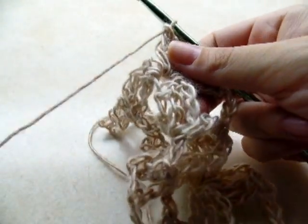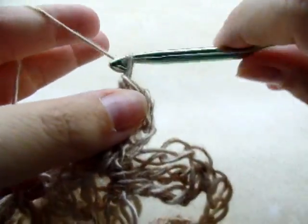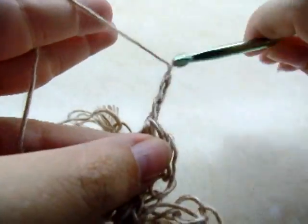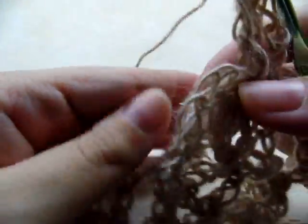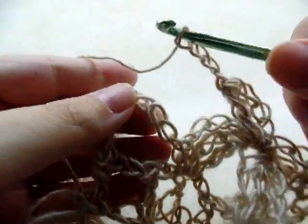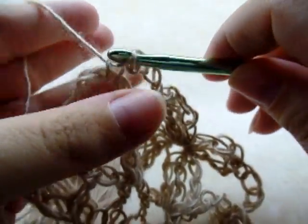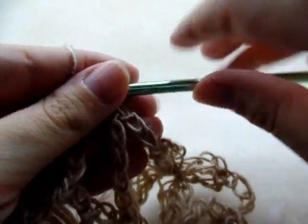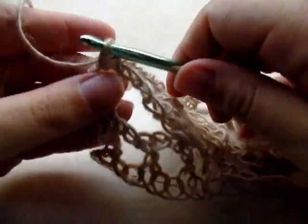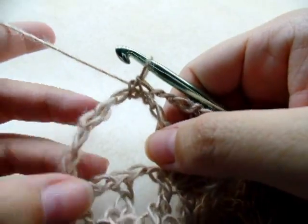And we just keep repeating this pattern until we get to the end of the chain. It's where you chain 4 again, single crochet in your next chain 9 space, chain 4 again, and just repeat until you get to the end of the row. Okay, when you make it to the end, you just single crochet in your last chain 9 space, and then